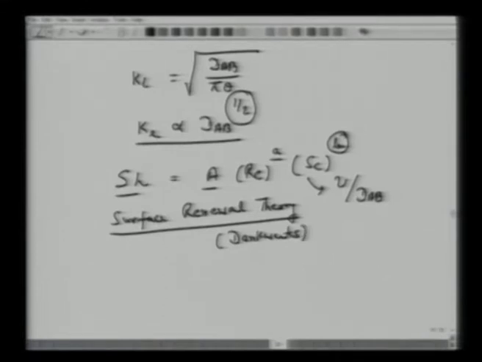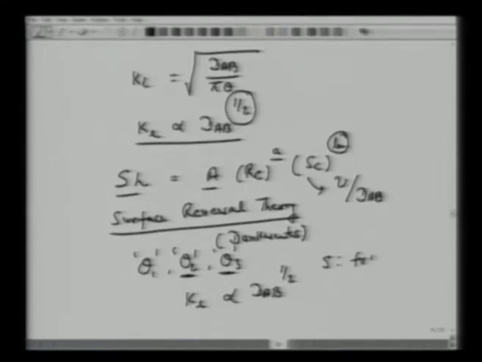Okay, and here it says that in the previous penetration theories, contact time was short, of course, but it was uniform, constant. Here there is a distribution of this contact time. All it means is certain eddies spent theta 1, certain eddies spent theta 2, certain eddies spent theta 3 times. But still one can show that here also the mass transfer coefficient turns out to be a square root of diffusivity, to the power half.